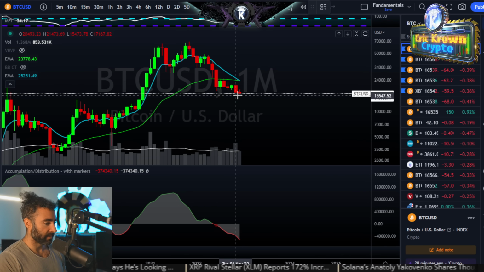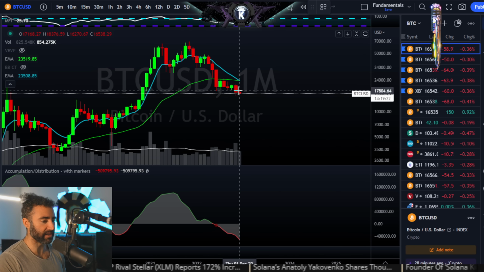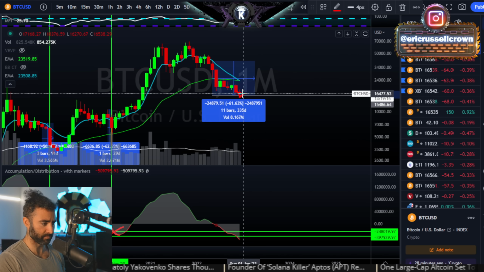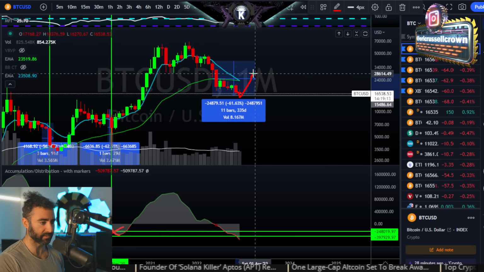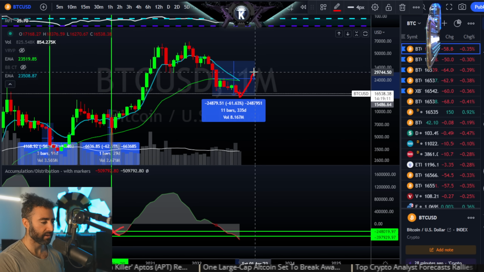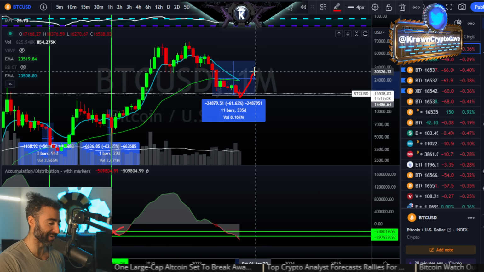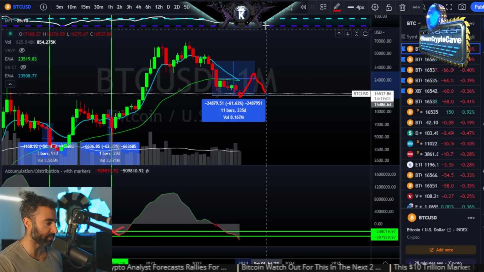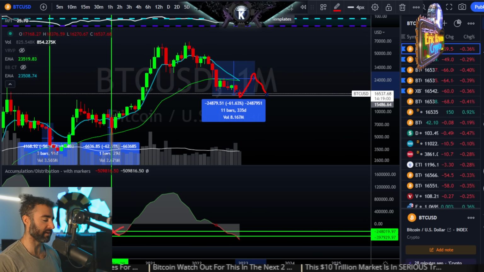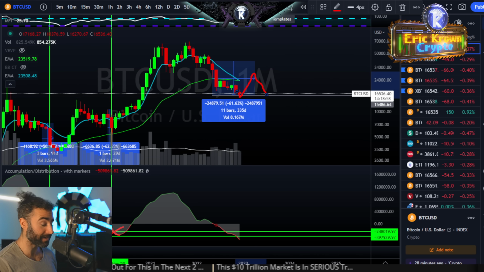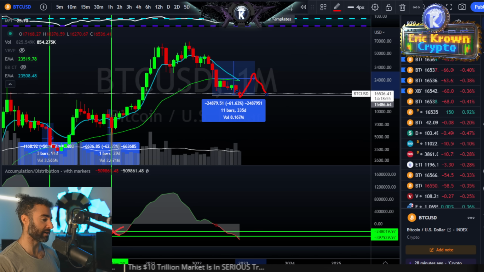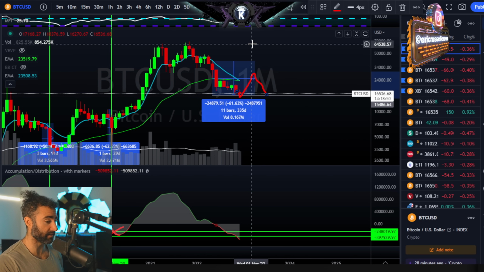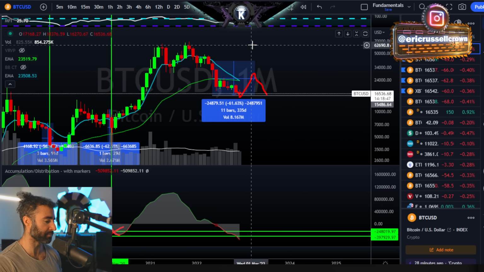I do think, not best case scenario, but a very plausible scenario would be something like this, where Bitcoin puts in a major bottom right here, tries to rally up until somewhere around 30 to 35,000 bucks, puts in a lower high on the quarterly, on the monthly, which is quite devastating, and then comes back down into this mid to upper teen region. And that's at the point where we get to really find out, is this one truly done for a long time, or is this going to actually try for a bottom in here over the next year or two? Personally speaking, that's actually what I think probably does happen over the next year.